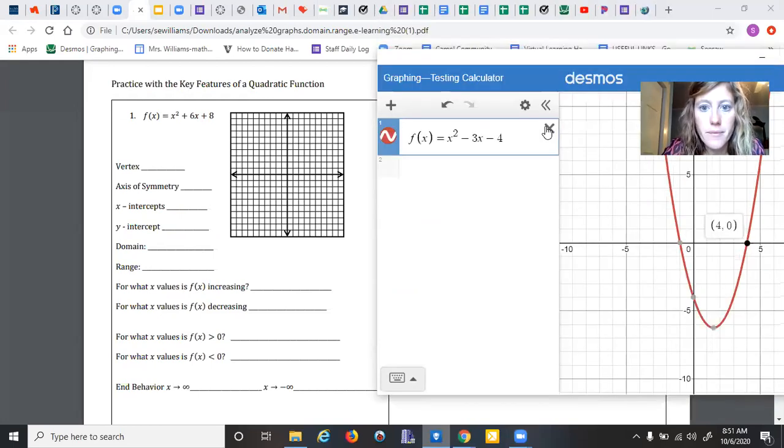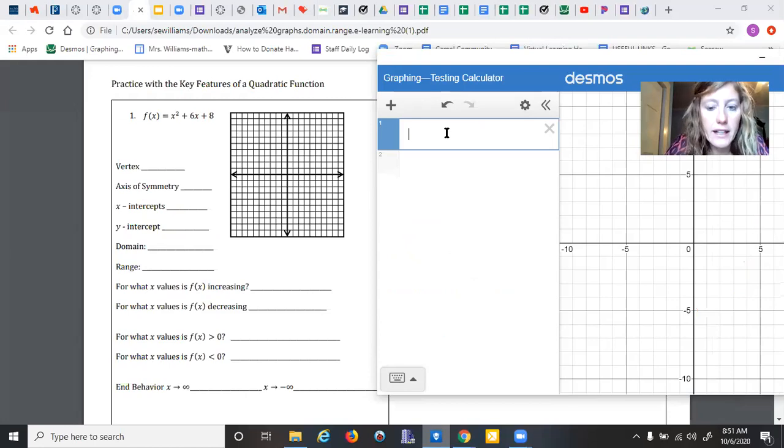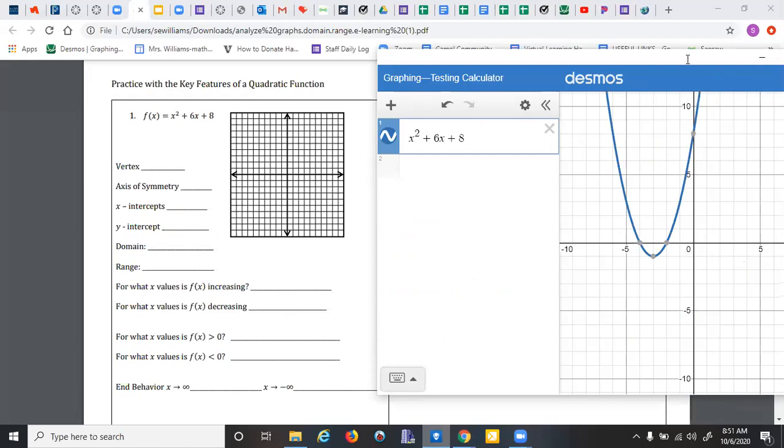All right, so x squared plus 6x plus 8. And my vertex is where? At the minimum. Very good, at the minimum. So I click right there and Desmos gives me the point. Desmos is awesome. So my vertex is